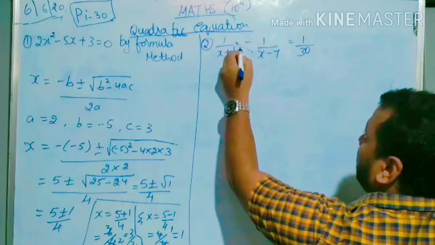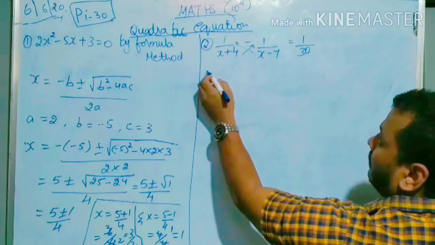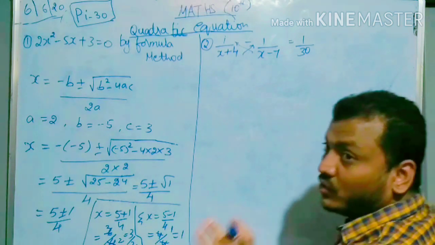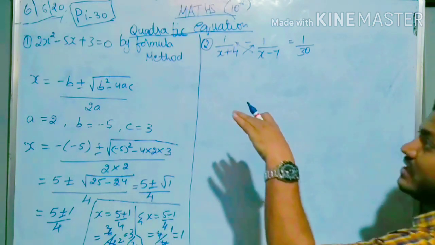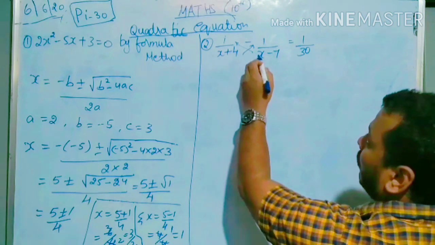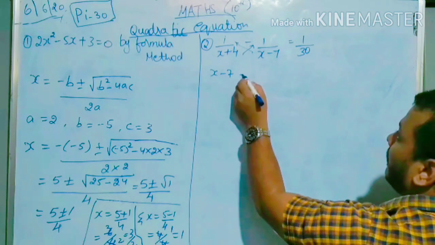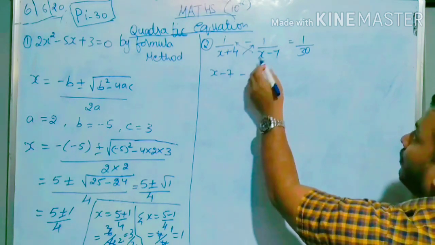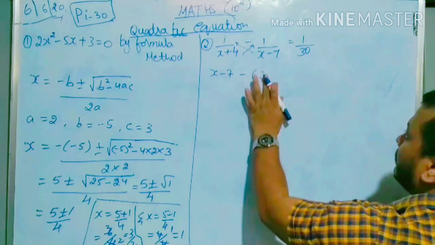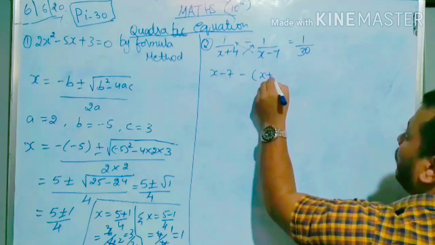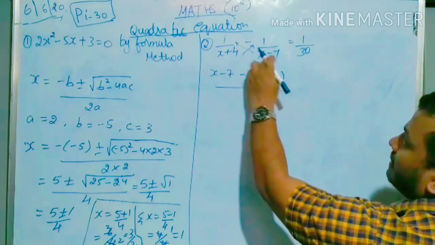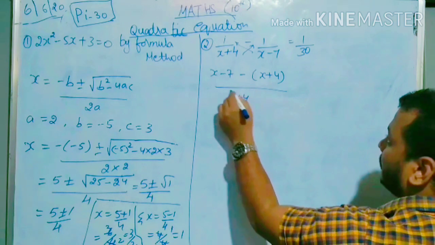So you just cross multiply this one. Though I am taking only the important questions, so I am not explaining all those concepts of that quadratic equation. Hopefully you know that one. So cross multiply x minus 7. This is a minus of x plus 4 ones are x plus 4 divided. This is LCM, so both will become multiplication form.